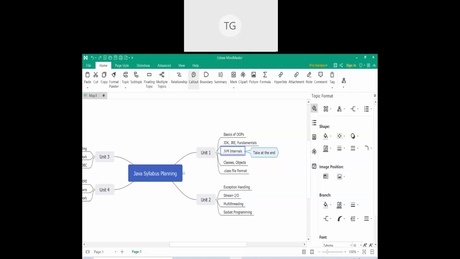Now, if I want to give a certain description or a comment, like there is this one topic in my unit 1, JVM internals, which I want to take at the end of the unit, although it is mentioned in the first or the second part of the syllabus. I want to personally take this topic towards the end because I feel other basics like JRE, JDK fundamentals, and OOPS need to be developed before I talk of JVM internals. JVM internals is a complex topic.